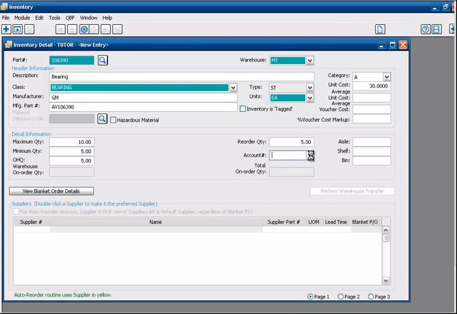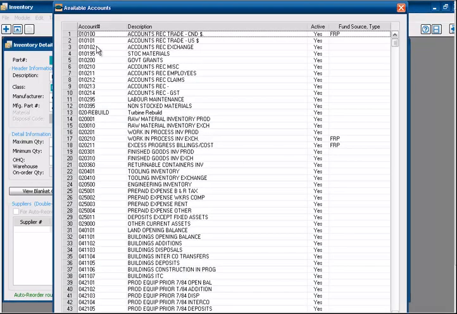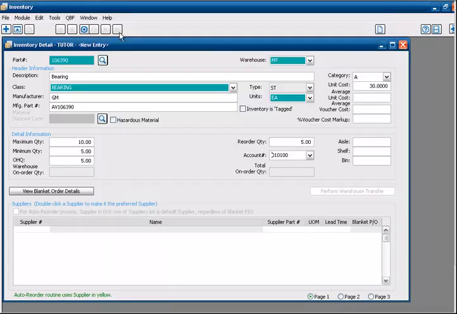We're going to choose account number, and we choose account number from the drop down. And your total on order quantity is from unapproved. Your aisle shelf bin is the location in the warehouse where it's stored, so we're going to give it an aisle of aisle A, shelf 2, bin 23. You can also, from this view, blanket order details, you can actually view the blanket order details for this particular